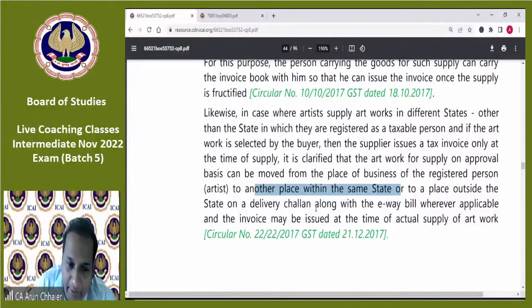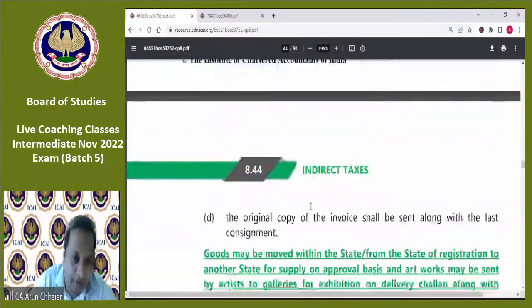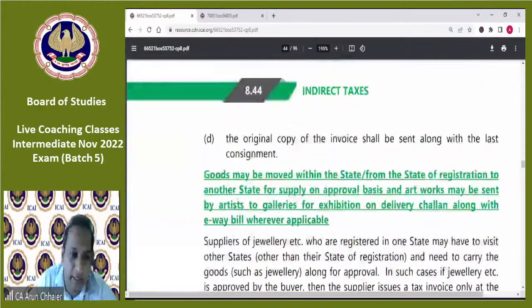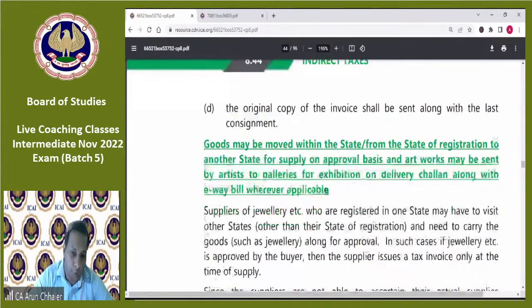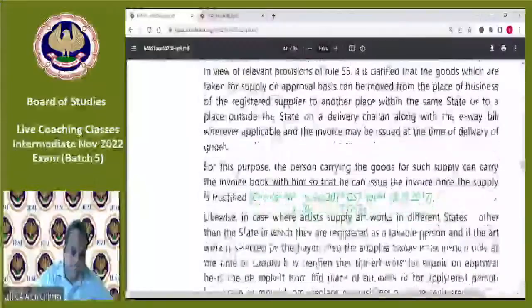See, the only thing which I could just now understand and give as a reply is that goods may be moved from the state of registration to another state for supply on approval basis, and artwork may be sent by artists for exhibition on a delivery challan along with the e-way bill wherever applicable. So let me